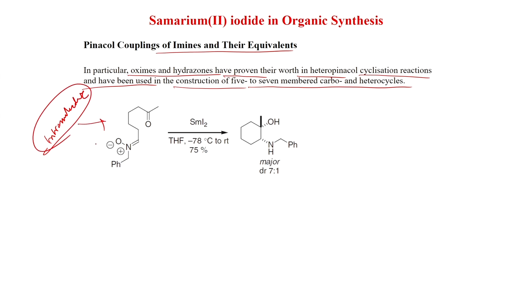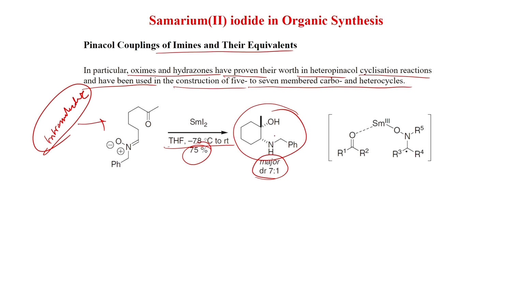So, this is intramolecular, and you can see this carbonyl and this imine here, and this is also obtained in high diastereoselectivity, measured diastereomeric ratio 7:1, with samarium iodide, THF, minus 78 degrees centigrade to room temperature, you get 75% yield of this product. And also you can see this N-OH bond here is also cleaved. So, this bond is cleaved and you get the free amine here. First the nitroso is reduced with the samarium iodide, and this then coordinates with the carbonyl compound, like earlier we have seen the radical anion coordinates with the carbonyl, and that is why this syn selectivity is observed.